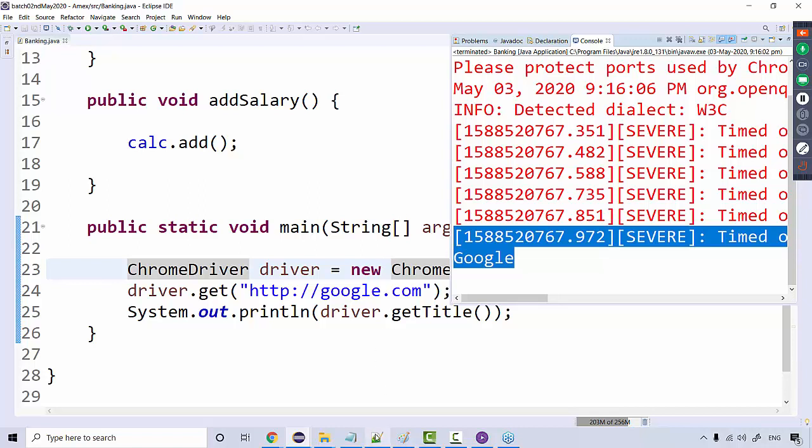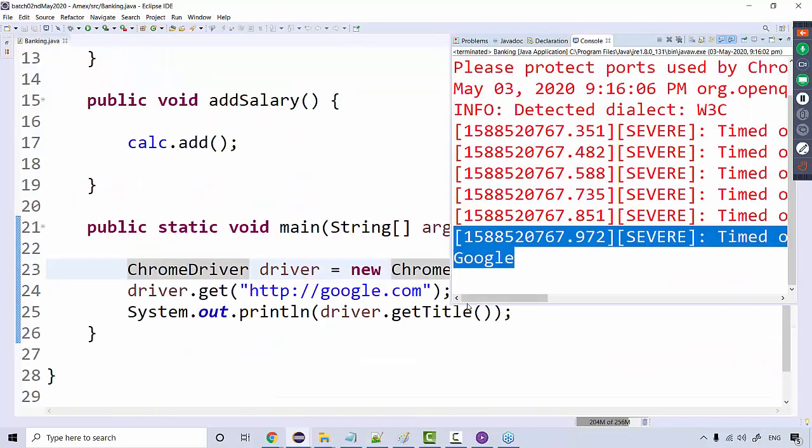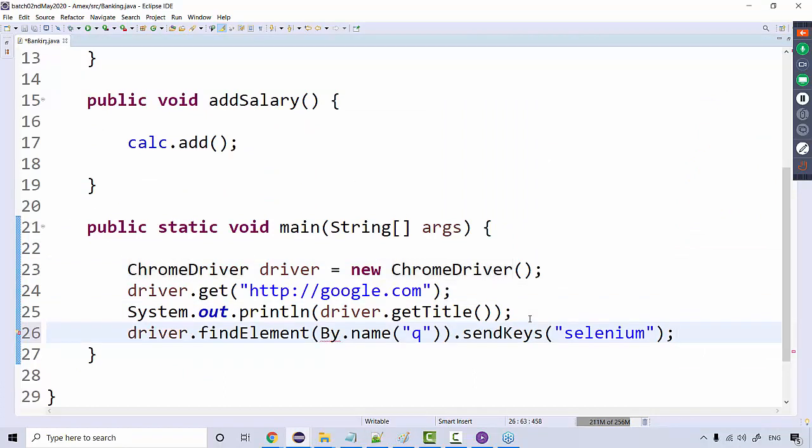You remember we have done some record and play using Selenium IDE as well. So this was the code that was extracted from that record and play. If I just copy this one single line and paste it over here, what this line is doing, don't worry about it. What is this find element? What is this By? What is sendKeys? Don't worry about it. This is a very simple line to understand. Once we start with WebDriver, I'm going to make you understand. But right now, what this is doing is, if you navigate to Google, it will just type Selenium in the search box. So if I run this right now,